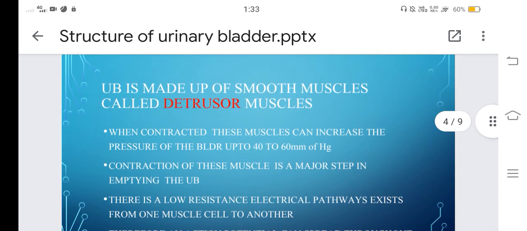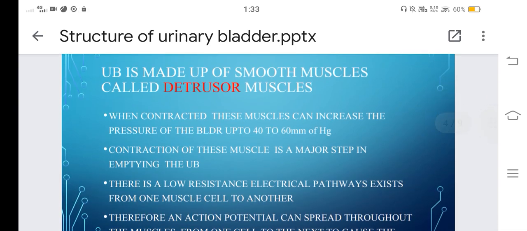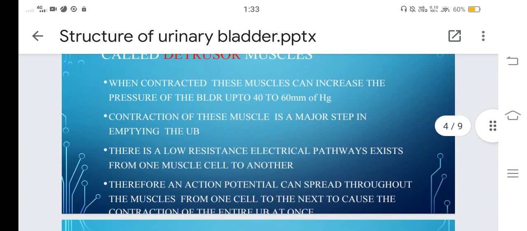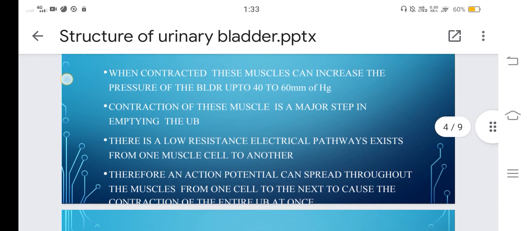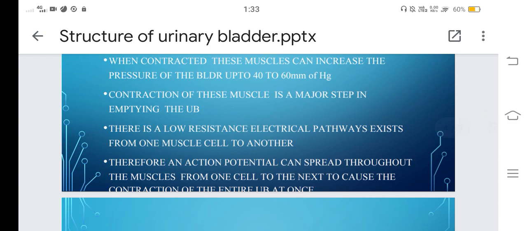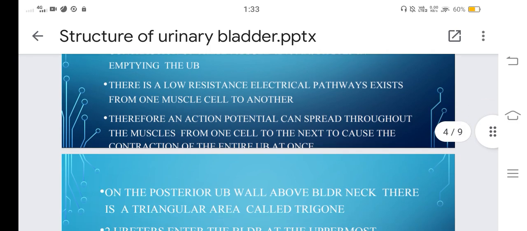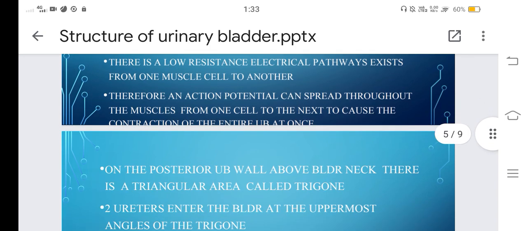Then UB, in the sense urinary bladder, is made up of smooth muscles called detrusor muscles. When contracted, these muscles can increase the pressure of the bladder up to 40 to 60 mm of Hg. Contraction of these muscles is a major step in emptying the UB. There are low resistance electrical pathways from one muscle cell to another. Therefore, an action potential can spread throughout the muscles from one cell to the next to cause the contraction of the